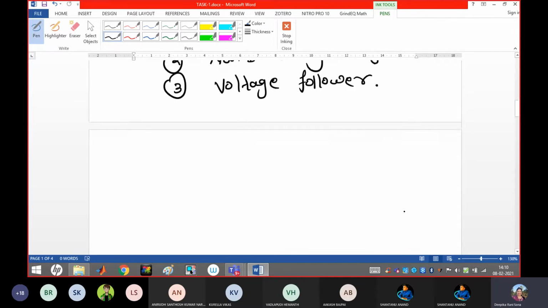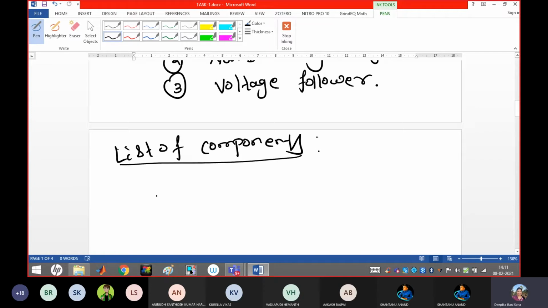Okay. This is the circuit design part. Before that, the aim is confirmed, right? So what is the list of components we are going to make? First one is IC 741.